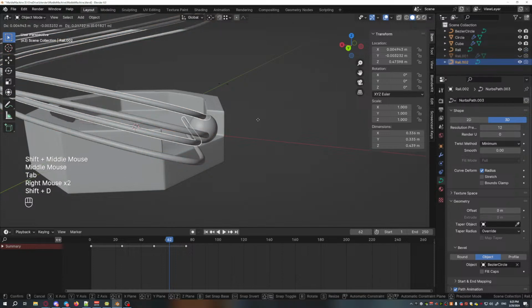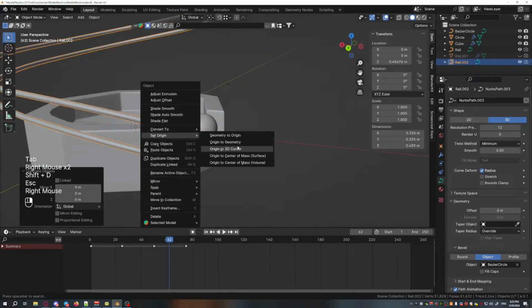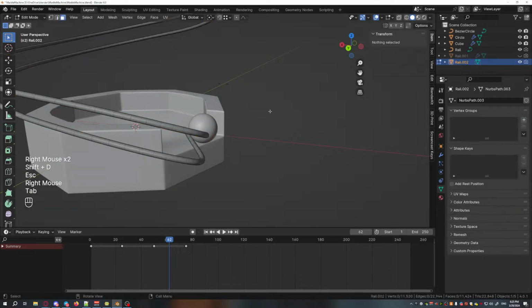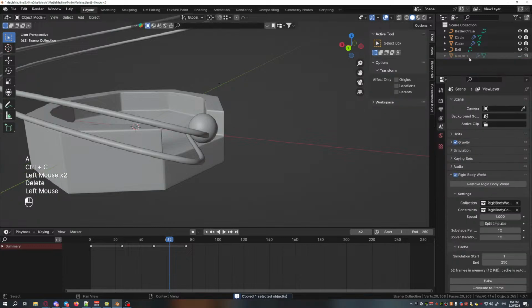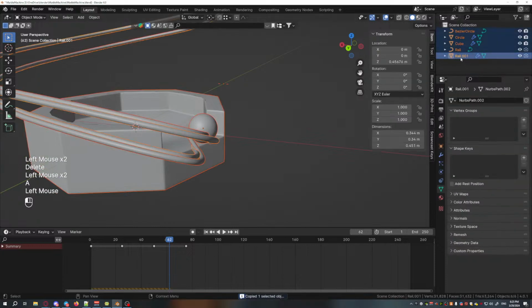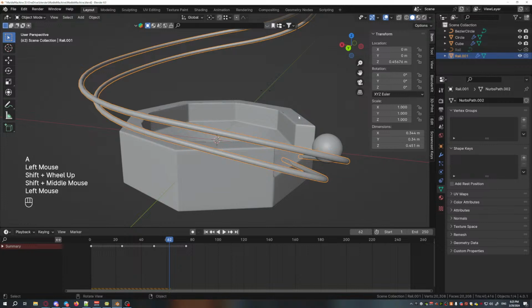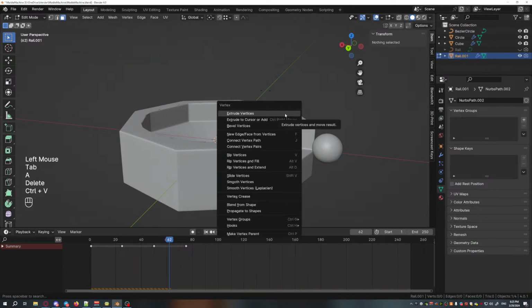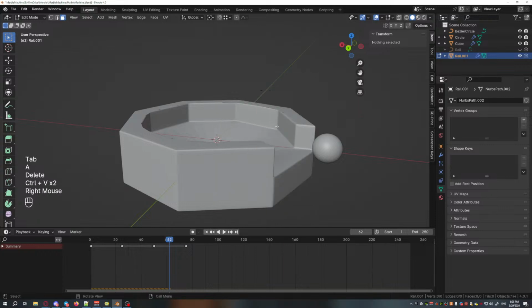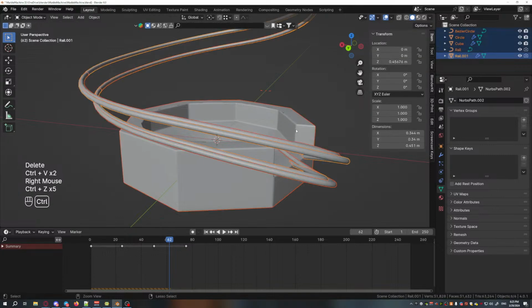What we can do now, we can duplicate it, convert into mesh, select the mesh, copy it, and here paste it in place. Can we paste? We cannot. Well,